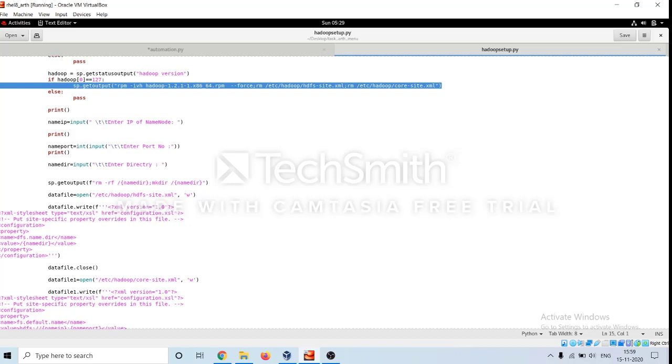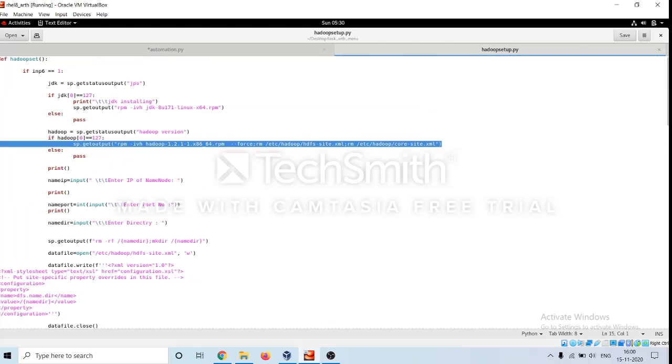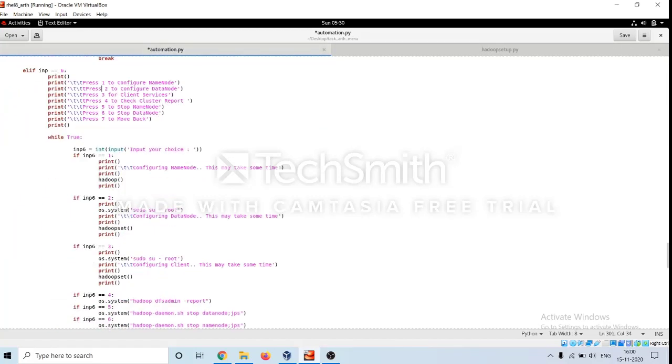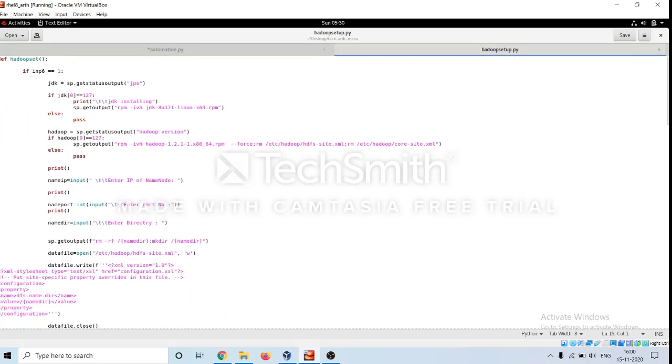For name node as well as data node, there are two main files known as core-site.xml and hdfs-site.xml. So you can see that I'm first configuring the name node. You can see, press 1 to configure name node. When the user presses 1, the name node will be configured.